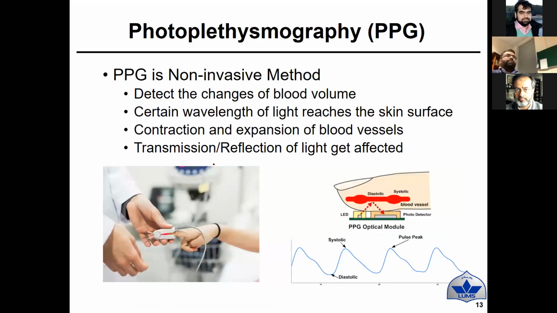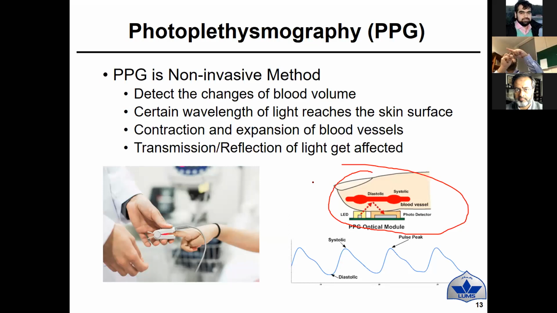Then comes the PPG signal. जिस तरह मैंने कहा था कि PPG is a non-contact method. So what you do normally in the PPG, you basically pass some light through your finger, as shown here, right? And the light is basically passed through your blood vessels, and it reflects back. Either it reflects back or either it transmits to the other side. So whichever the way you want.